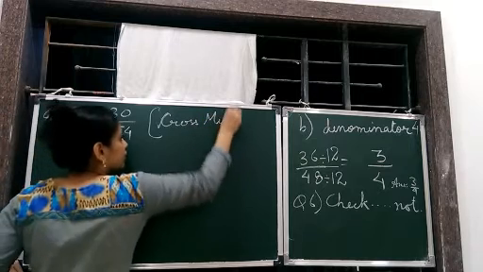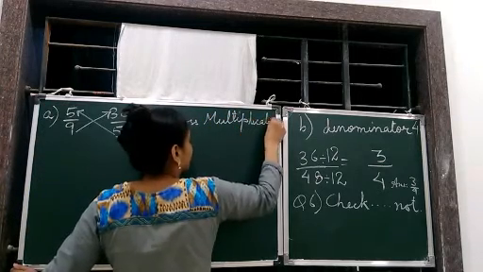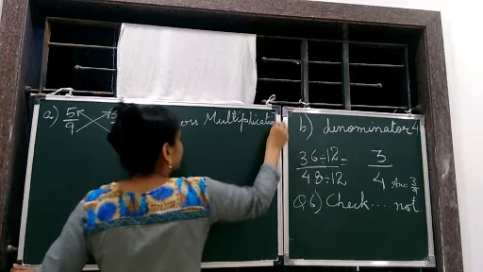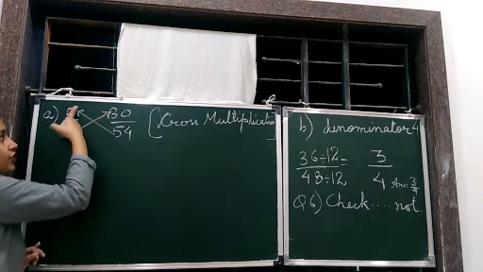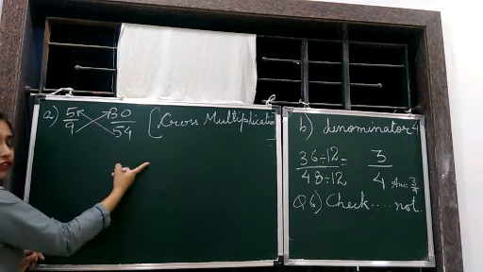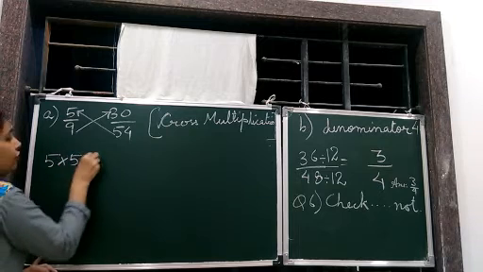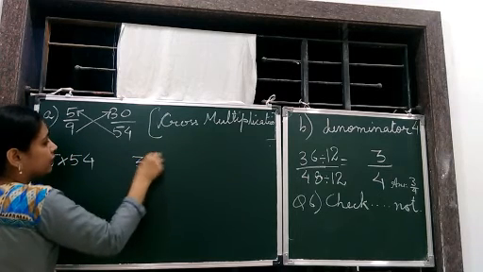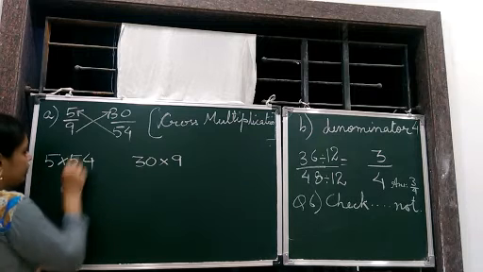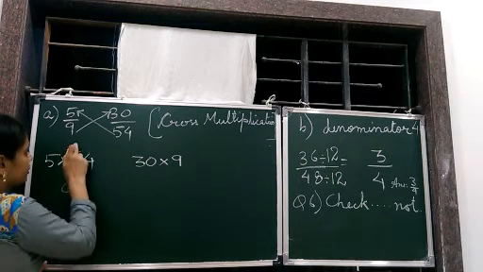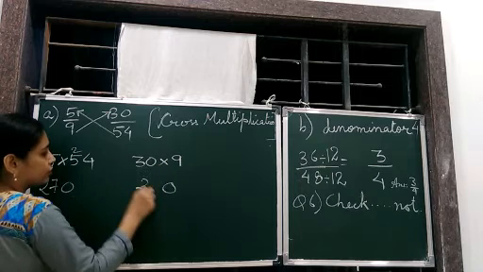Cross multiplication. What are we doing? We are doing a cross multiplication method. So remember, 54 will shift here. Okay, 5 will not shift here. The denominator goes up. So 5 into 54 and 30 into 9. Now 5 4s are 20, 5 5s are 25, 26, 27. This is 270. This is also 270.